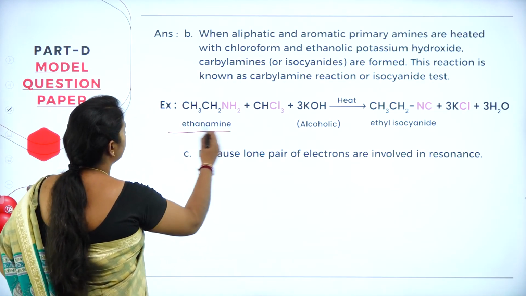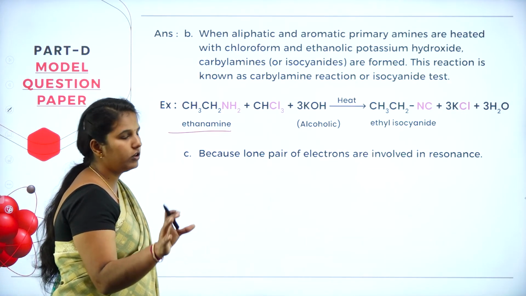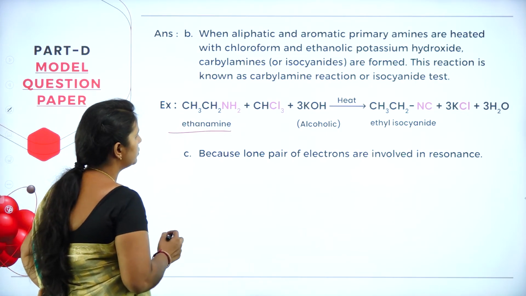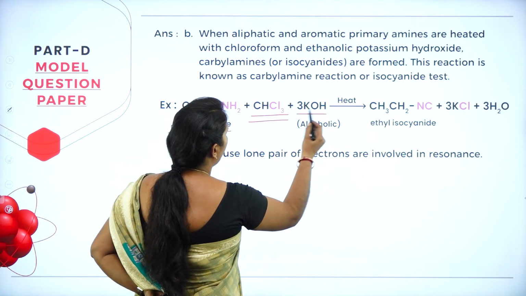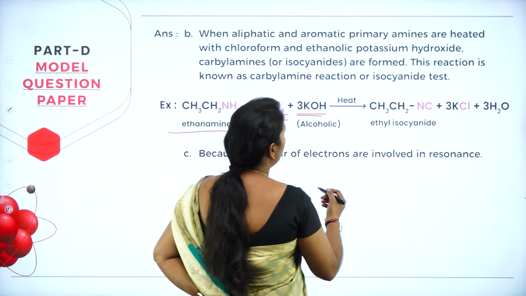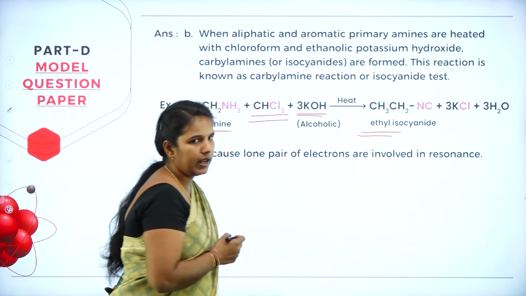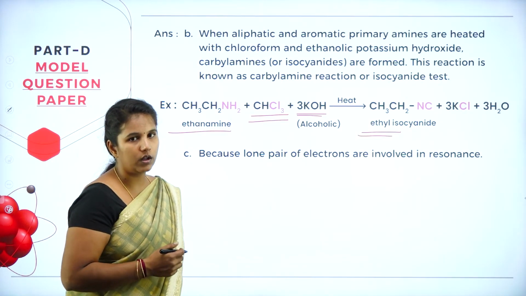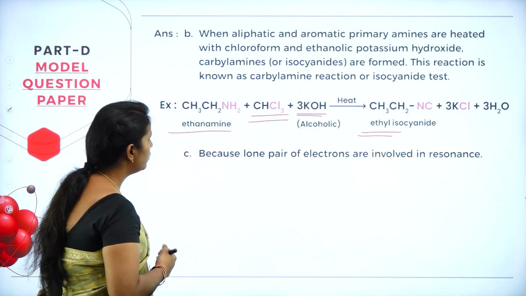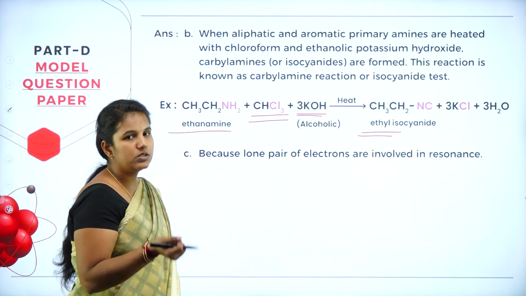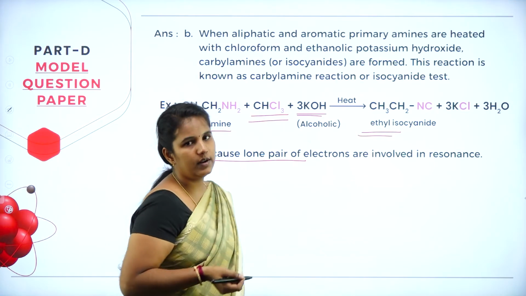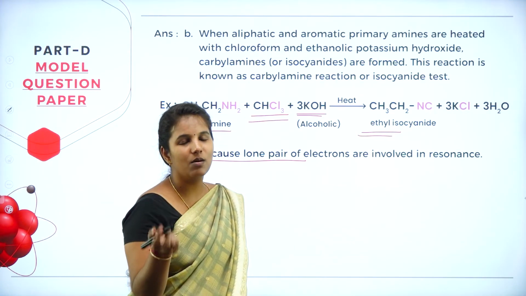So here I am taking ethylamine because in the question they have given ethylamine. So this is CH3CH2NH2, and this is chloroform, which is heated with chloroform using a very strong base. It will form ethyl isocyanide with the formation of KCl and water. This reaction is known as the carbylamine or isocyanide test. We have one more question: why is aniline less basic than ammonia? Because the lone pair of electrons is involved in the resonance, that is why aniline is less basic than